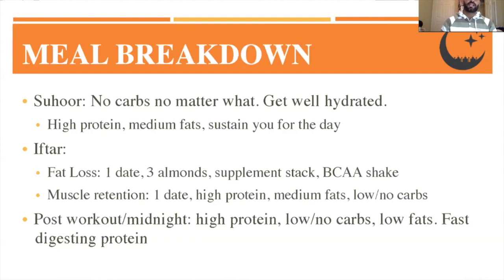So the key is to take this mentality. Look, I'm not going to be able to eat for 15, 16 hours, so I need to make sure that I consume as much protein as I possibly can with a medium amount of fats to sustain me for the day and keep me full, but no carbs, because those carbs are going to cause my blood sugar to crash once the insulin has stored all of them. And when my blood sugar crashes, I'm going to get really tired, really cranky, and really hungry throughout the day,